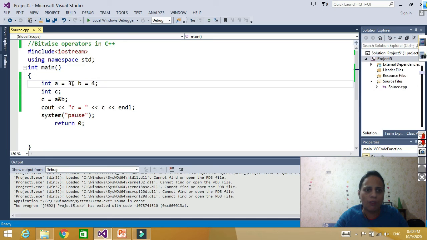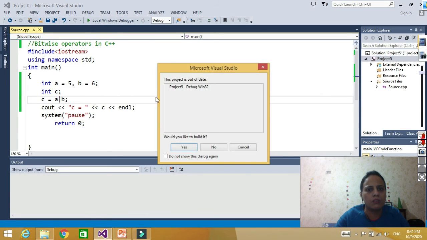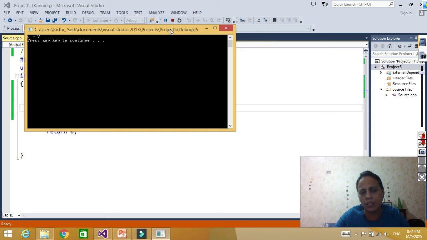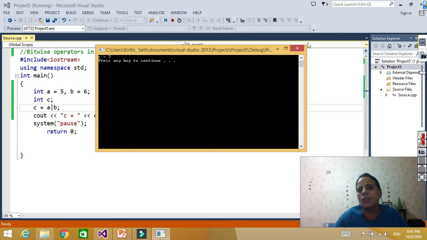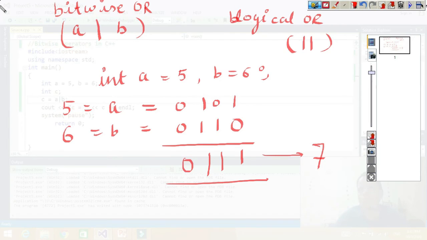A is 5, B is 6, and C is equal to A or B. C is 7.